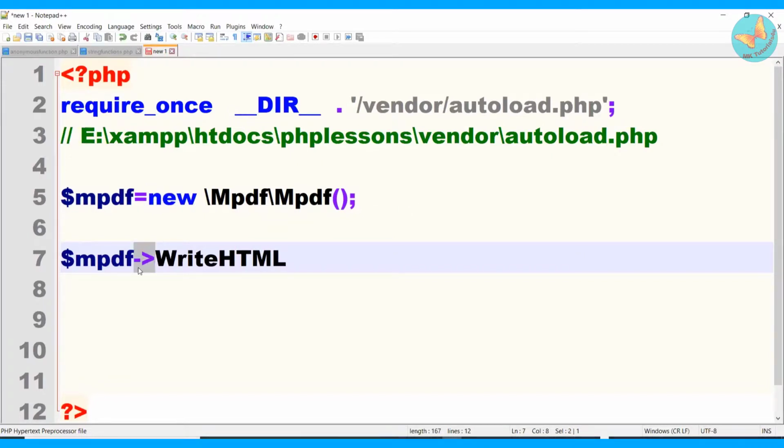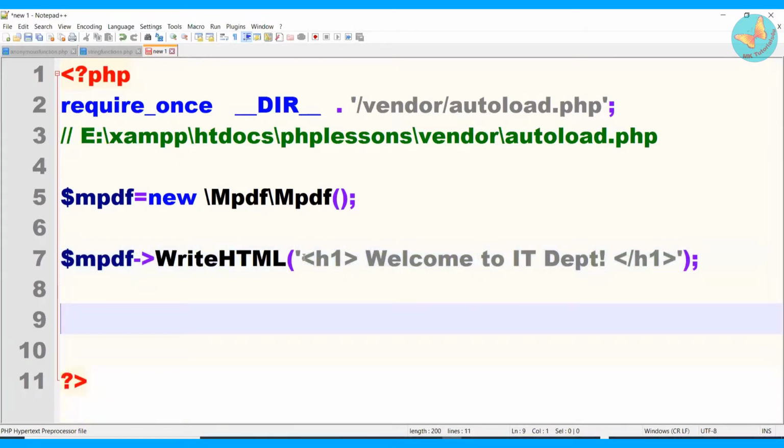So I will be calling the WriteHTML function, and within it, opening parenthesis, and then suppose I'll be using one H1 tag, and I'll just write here welcome to IT department. You can write any message; this is just for demonstration. Then I will close the H1 tag, close the parenthesis, then semicolon. In this way, by using this WriteHTML function, you can write whatever statements you want to display on the PDF.